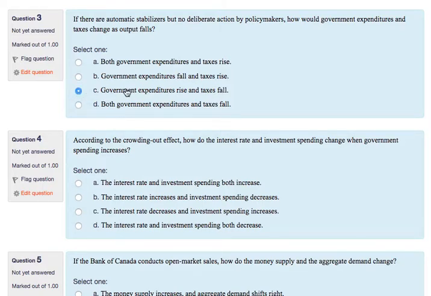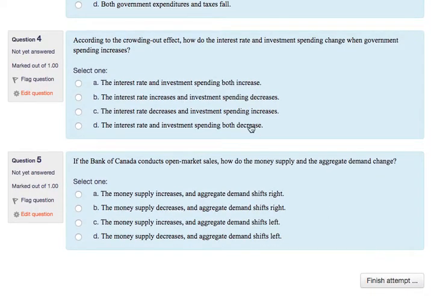According to the crowding out effect, how do the interest rate and spending change when the government spending increases? So defining the crowding out effect is this idea that as the government decides to undergo some big projects, they're going to need money. And if they used to be saving money, they used to have public saving, well, as they're running these big projects, they might have less public saving, which shifts the savings curve left, or they might even start borrowing, which shifts the savings curve even further left,